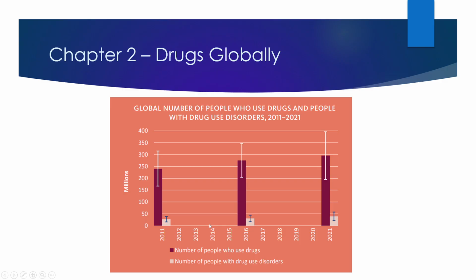And it's also gone up a little. It's not quite as easy to tell how much, maybe 10,000 additional people who have drug use disorders. And then finally, up to the most current data that we have, the closest we can get to current, and we know we're always behind on data, we see again increases up to roughly 300 million people using, and about 40 plus million people with drug use disorders.